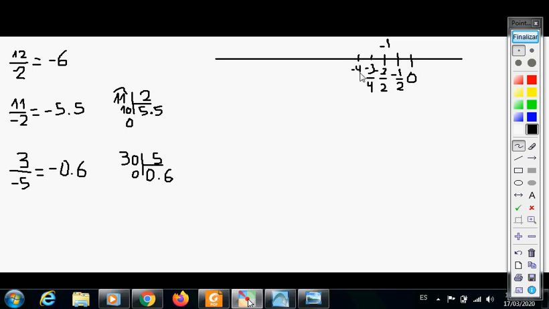Oh, sorry, I made a mistake here. Let's see where the eraser is. Here it is. There. Minus 3 halves, minus 4 halves, which is equal to minus 2,